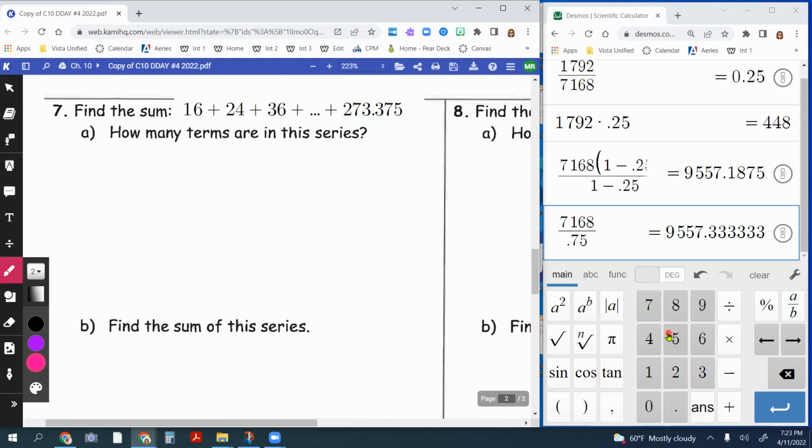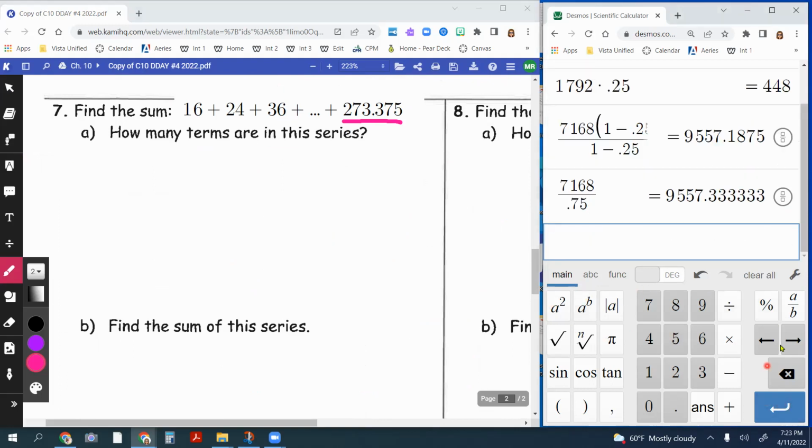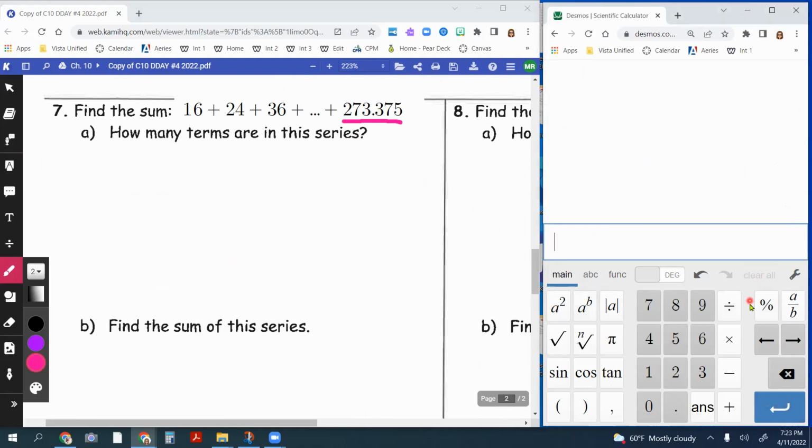So looking at this, since I end up with this decimal here, I'm thinking this is probably geometric. So let me take 24 divided by 16 and I get 1.5. And let me take 24 times 1.5 and I do get 36. Okay, so if I want to figure out how many terms this is, and this is geometric, I take my